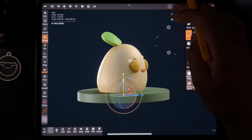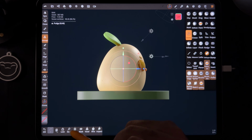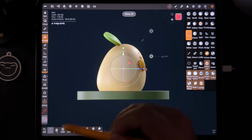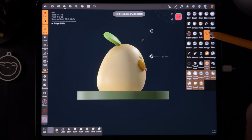So last but not least, let's turn left. And our character looks cute, but I think I want to trim the bottom, because if I hit solo, you can see that it's more round. So I'm just going to take trim. And this is really optional. You don't have to do this, but I'm going to use trim,